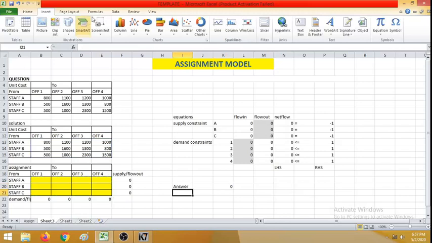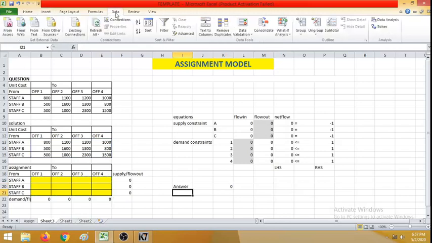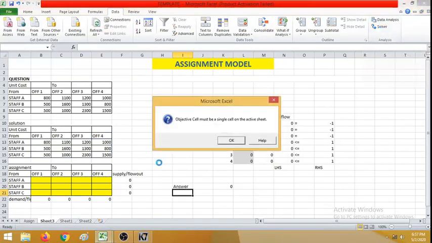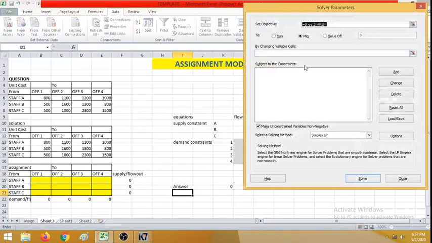So next step is make use of the Solver option available in the Data menu, right? Just click OK. Fine. So set objective. The objective is that sum product function cell I have defined here. So it is K20.